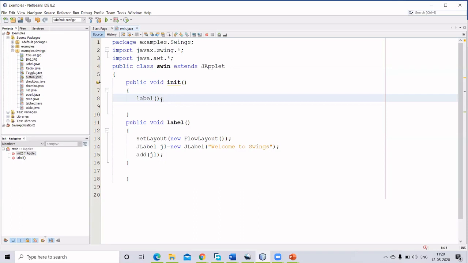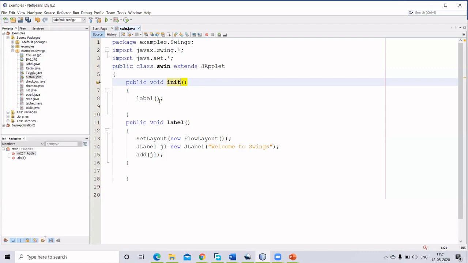So what is the use of init? Initialization. It is going to do the applet initialization, and in turn call your start. Even if you use start also, this will work. Even if you call start, by default what will be called? Your init only will be called, right? Then your start will go, then your stop and destroy will be done. So either you can use start or init, and your code can be given directly within init, or you can write it in a separate method, and that method can be called inside the init.